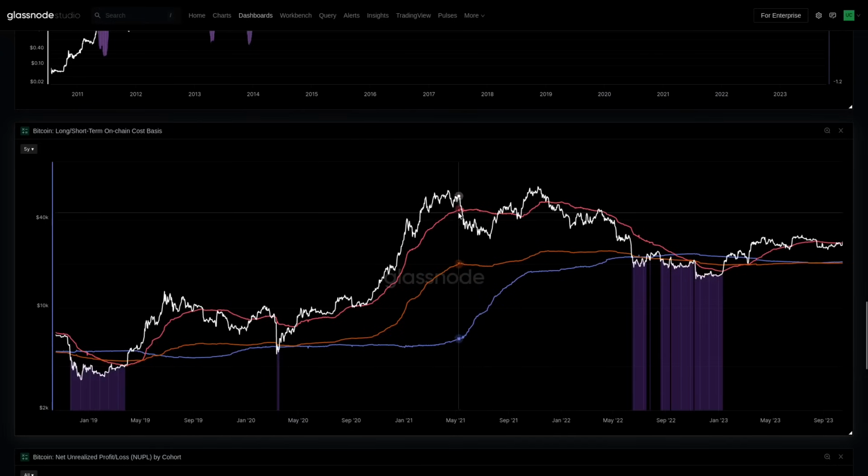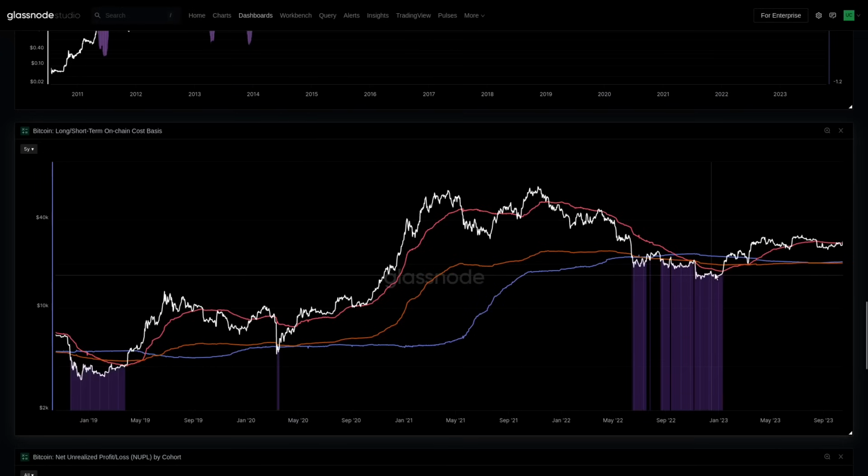So you'll all obviously be familiar with our short-term, long-term, and realized cap. These are the cost bases for long-term holders, short-term holders, and the market by and large. Now in purple, this basically highlights when the spot price is below all three of them, meaning it really doesn't matter when you came into this market, you're essentially underwater on your position. Now, one thing I really want to highlight here, we're going to focus on this purple zone. Note that the short-term holder cost basis, which typically trades much higher than both of them, tends to descend below both towards that late stage bear.